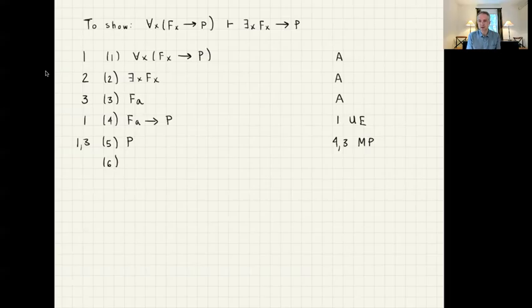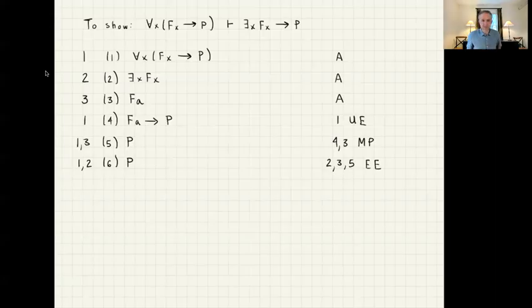Okay. Now notice though, here P on line 5 depends on line 3. So now I want to apply existential elimination to change that dependency on line 3 to a dependency on line 2. So here I go now from assert P again, but now I'm going to say this follows from 1, 2, because I derived it from 2, 3, 5